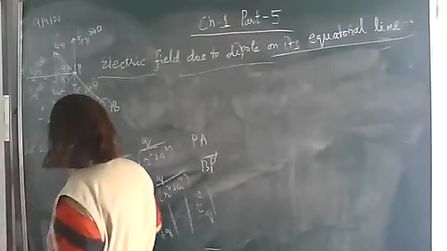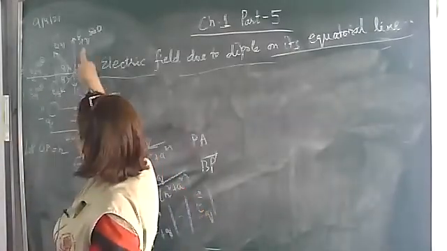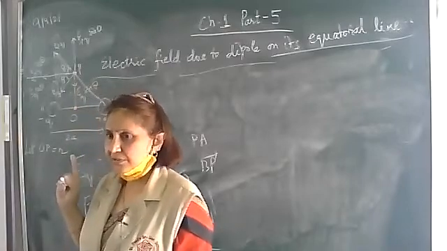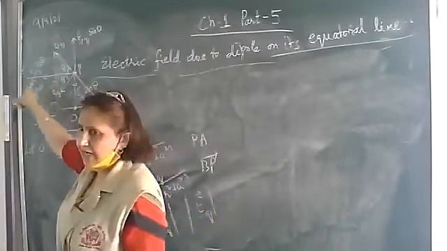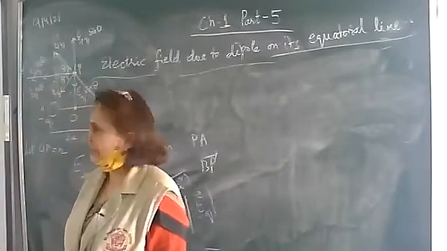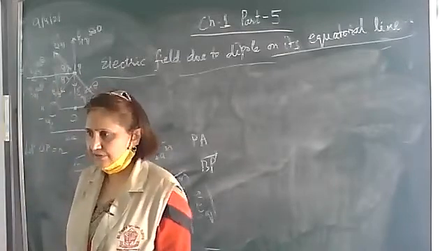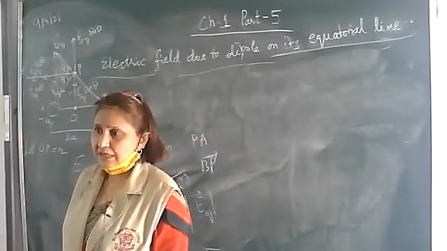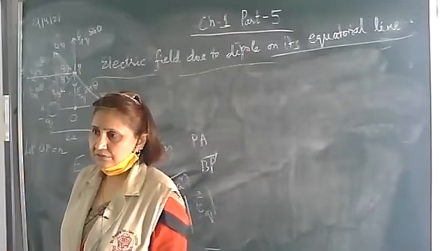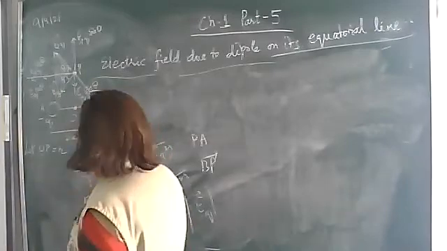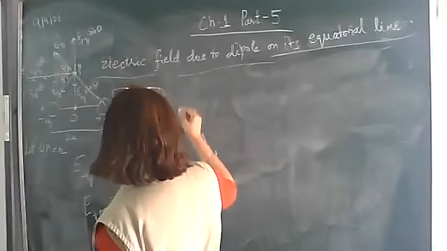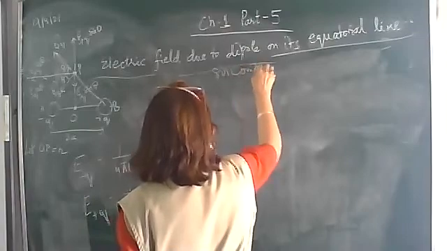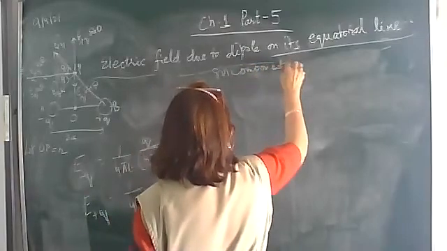Now just now you have written that the magnitudes are equal. So sine components cancel out. Is it so? Cos components will be added. So what will be the resultant electric field acting along this direction? Sum of these two. Do you understand vectors? Okay, so sine components here cancel out.